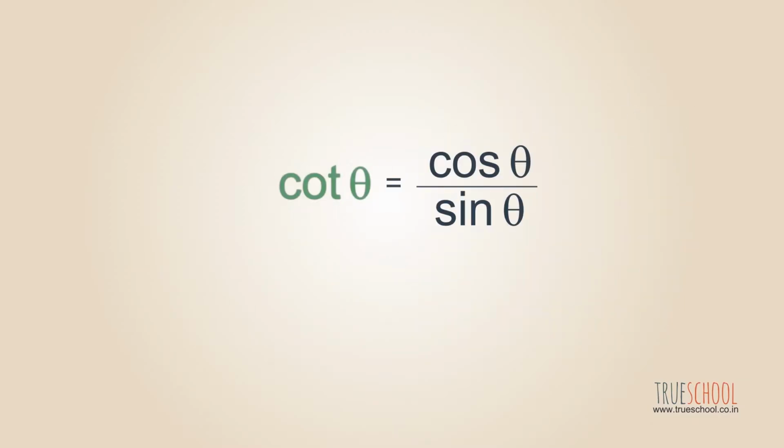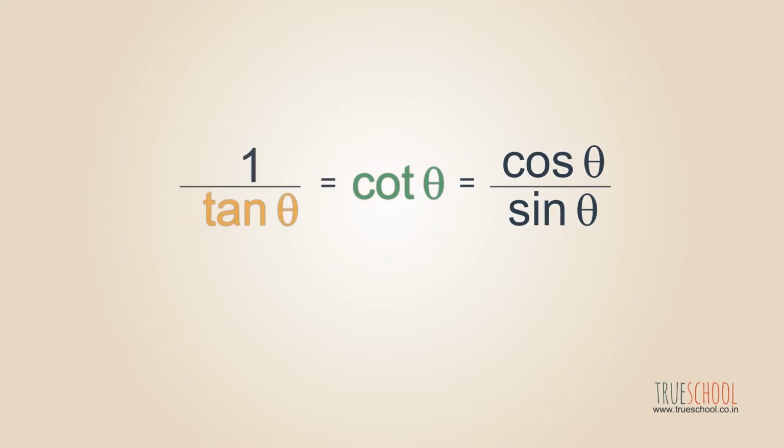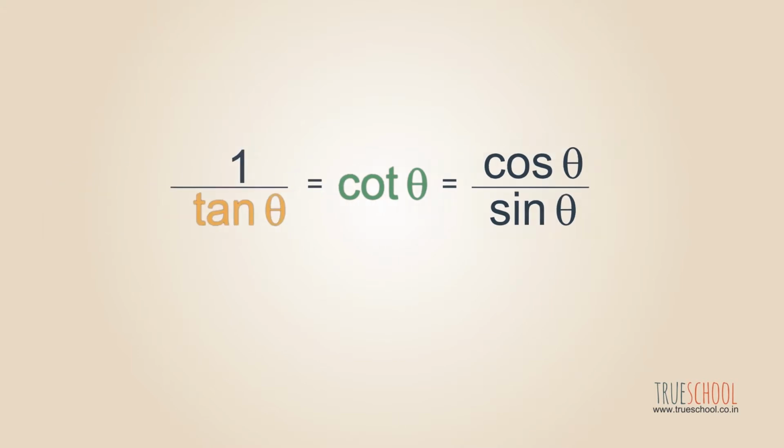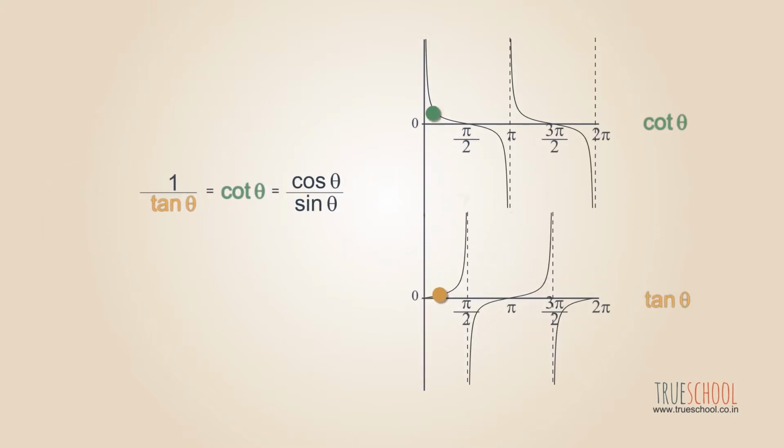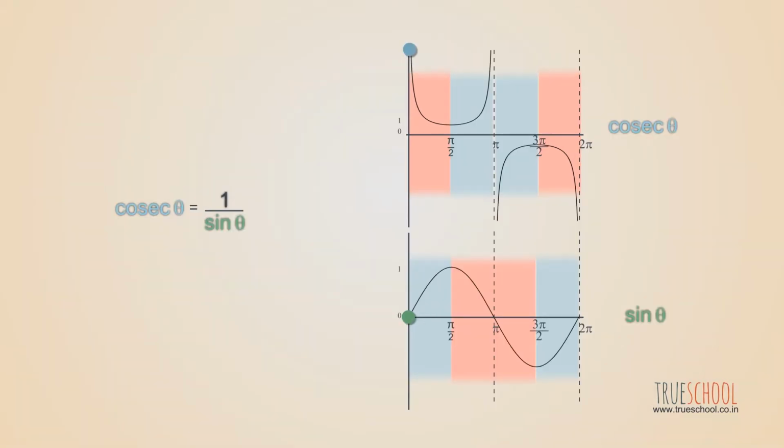equal to 0. Similarly, we can draw the graph of cot theta, which is just inverse of tan theta. So when tan has a value of infinity, cot becomes 0, and when tan is 0, cot becomes infinity. Similarly, when tan is increasing, its inverse cot is decreasing, and vice versa. We can infer that tan and cot can take any value of a real number ranging from -infinity to +infinity.